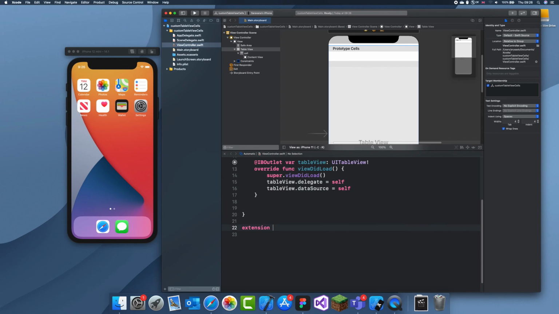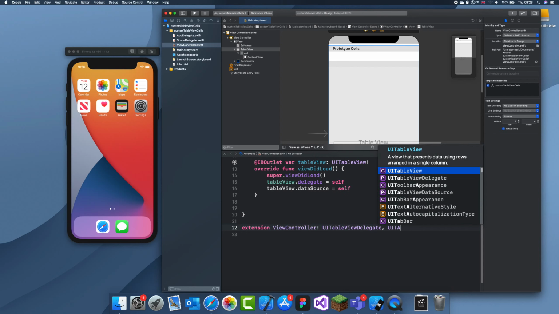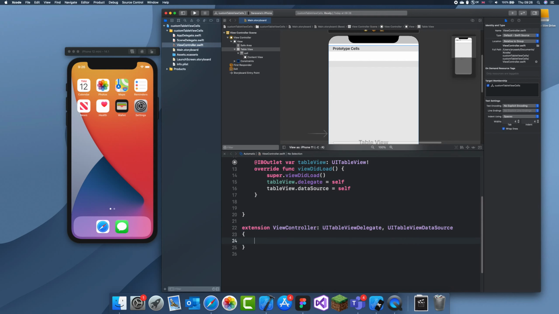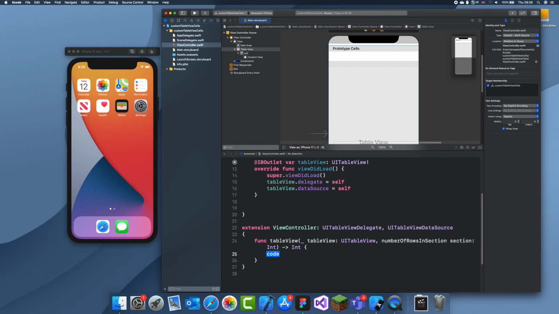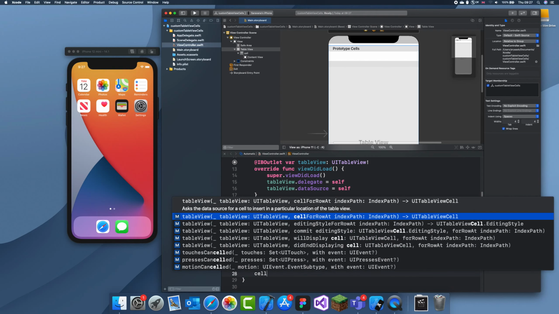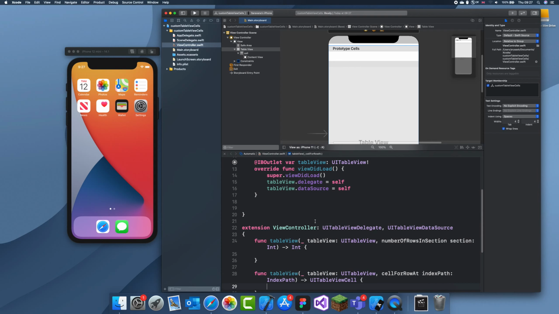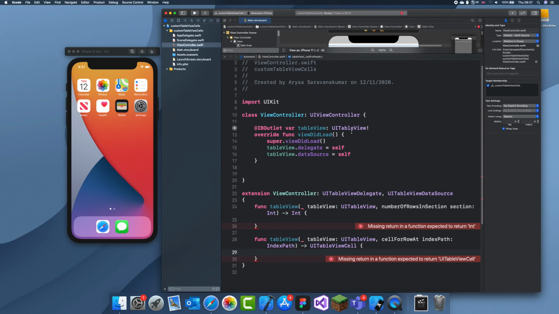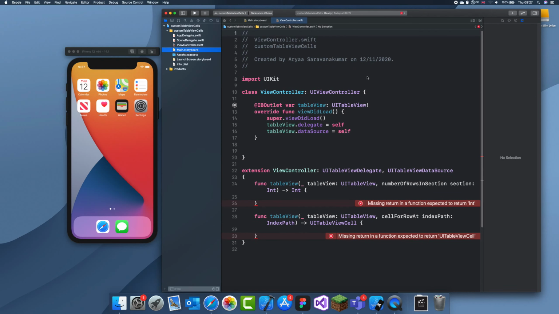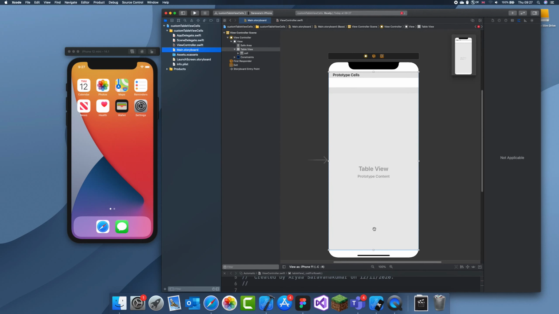So extension, view controller, UI table view delegate, UI table view data source, and number of rows in section, and num cell for row at. Okay, so we've set up the first bit. But all this does is just a normal table view like we did yesterday. But we want a